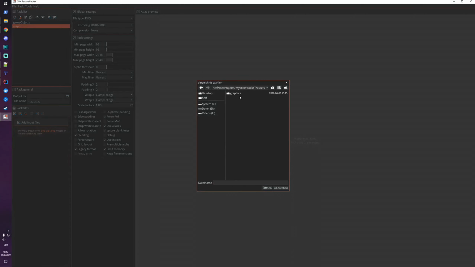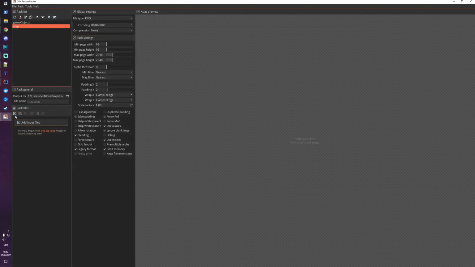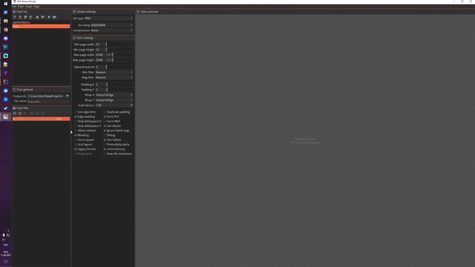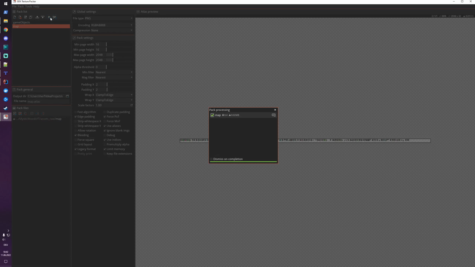The output directory is again our assets folder. Let's store it in there. And the folder that we are going to use is now this map folder that we saw before. That would be already it. So when I pack it now,